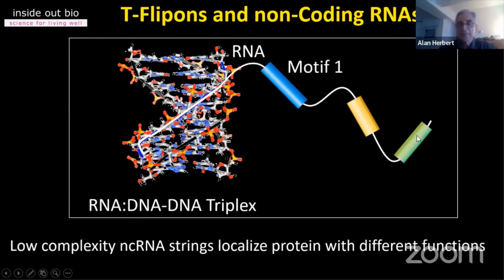strand. And so that third strand can have lots of different potential motifs that can be recognized by proteins, so that you can get a lot of combinatorial diversity in the proteins that you actually attract to that site of triplex formation. So that's another example of how you can use an alternative conformation to localize cellular machinery to